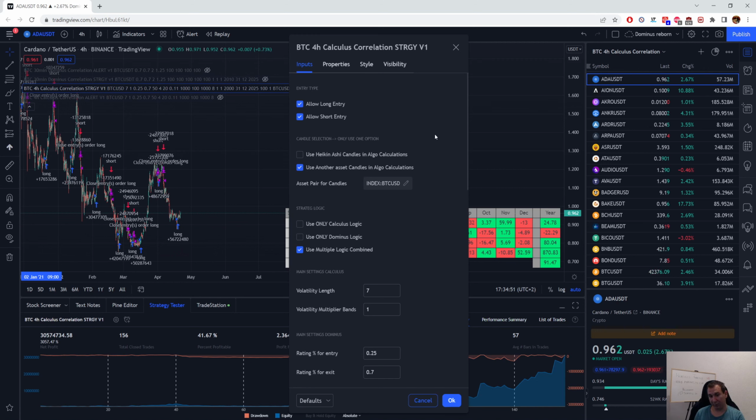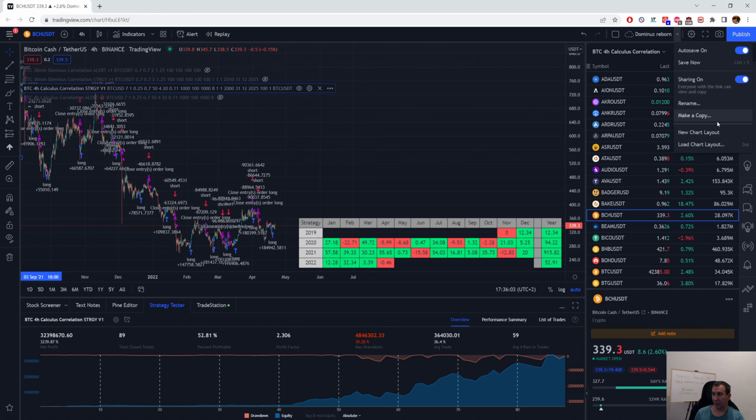Look, for example, Bitcoin Cash, we have a total of 3.3 thousand and 53% win rate once again. But if we wouldn't use a correlation, we would have only a 40% win rate and 300% total net profit. So it's a huge difference. So once again, we know by taking a look at